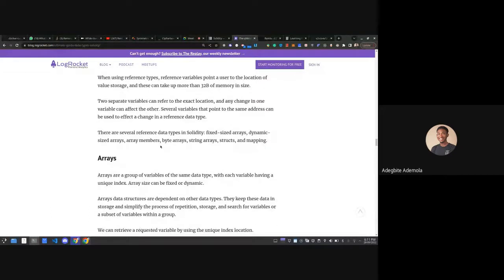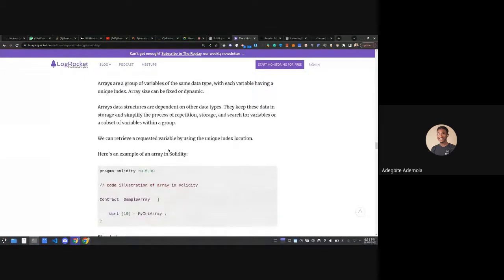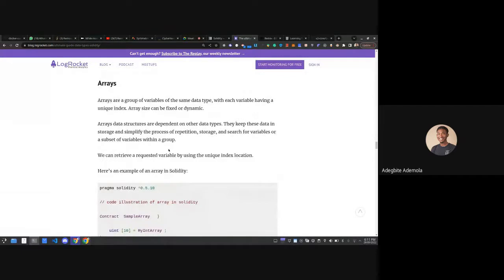So the examples of reference types that we have are the fixed size array, the dynamic size array, array members, bytes array, strings array, struct, and mappings. So arrays in Solidity are quite different from